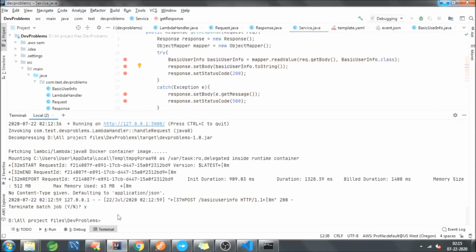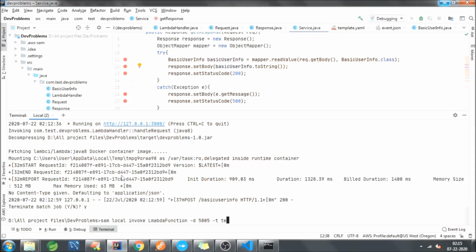Now we're going to write a command to debug a Lambda, that is sam local invoke. Now we need to provide the logical ID, and you need to add one additional option, that is -d 5005. When you write -d and provide the port number, our Docker container will start in debug mode.